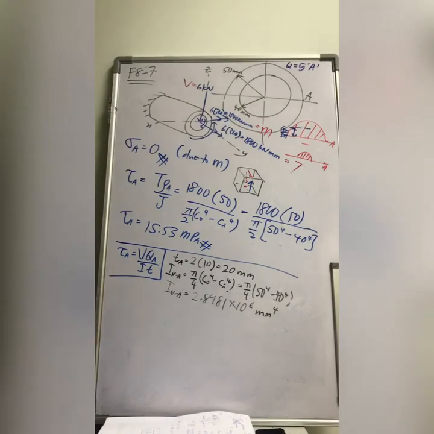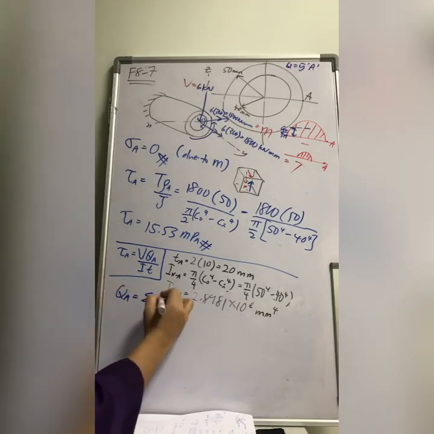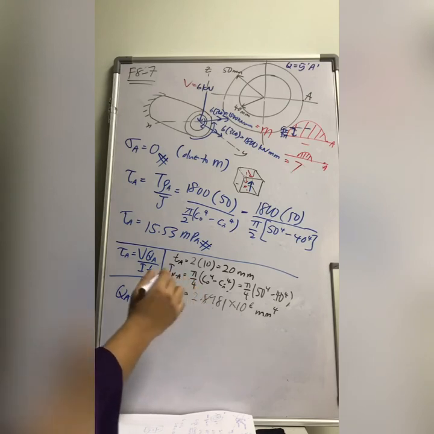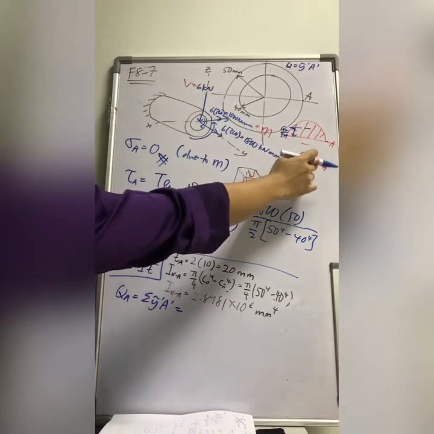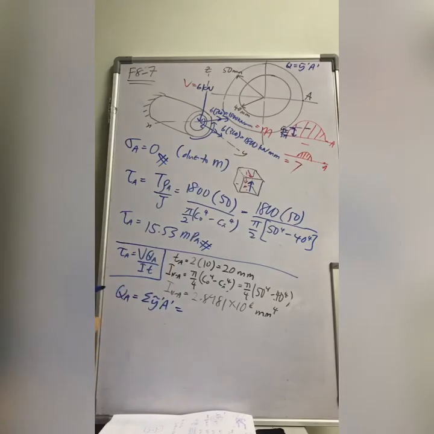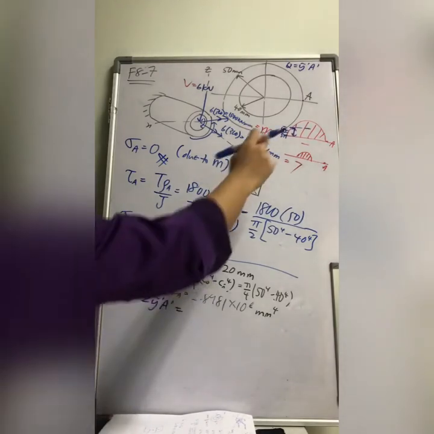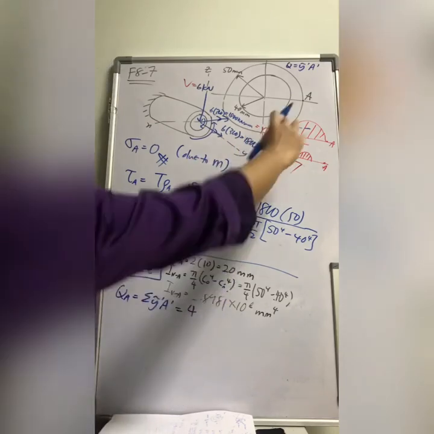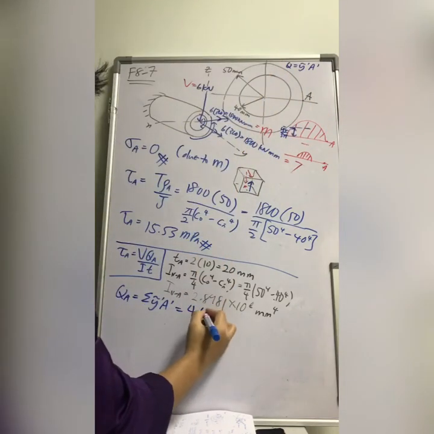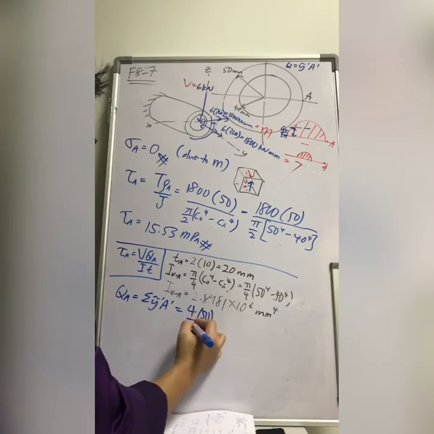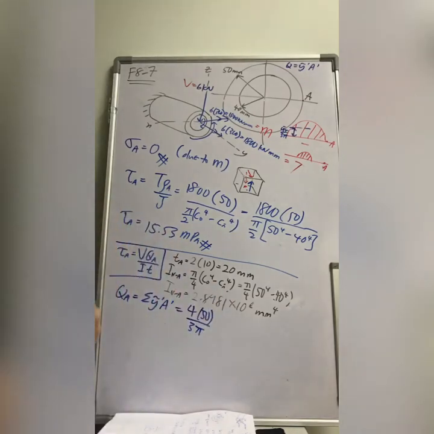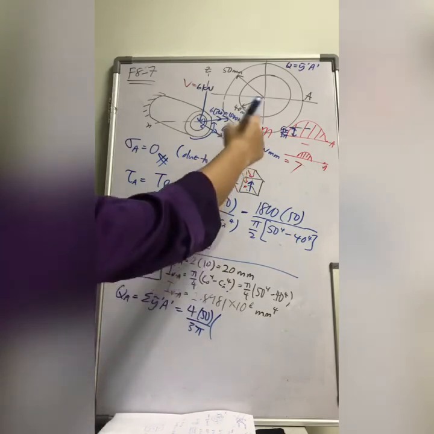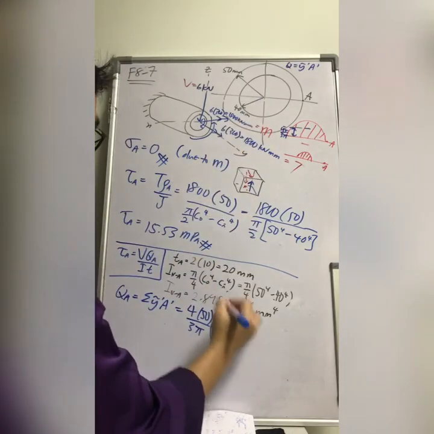So let's do this for QA. For QA, this summation of y tilde prime A prime, like I said, will be substituted by this one, because this is the minus area and this is the plus area. The first one is the big one here, which is 4r over 3 pi. For r is 50, isn't it? For the big one, 4r over 3 pi times the area, which is half pi